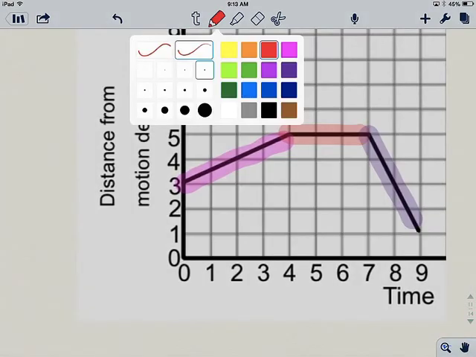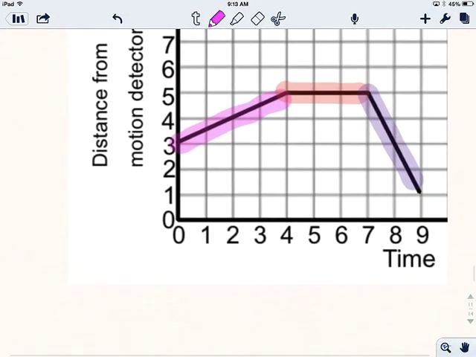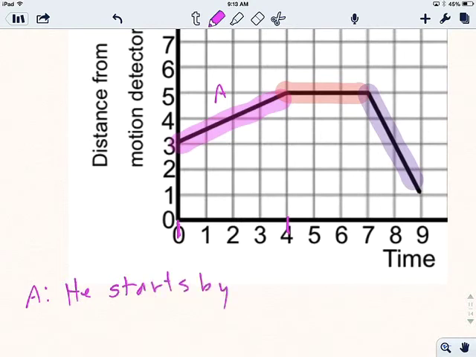Let's start with the pink one, and we'll color code it here. So the pink one starts at 0 seconds and ends at 4 seconds. So let's call this A, and I'm going to just label it A. He starts by, well, let's look at this. He starts at 3 feet from the motion detector. He starts at 3 feet away